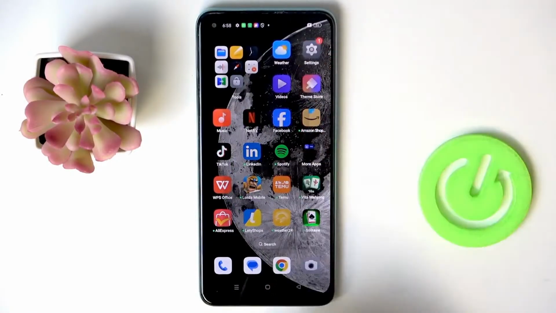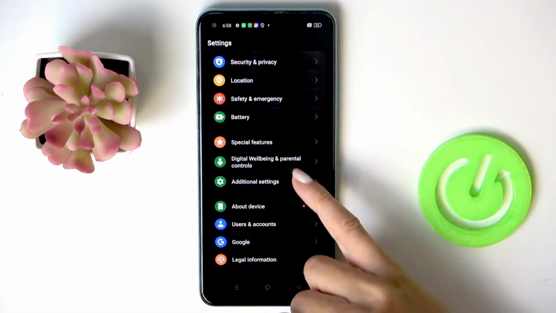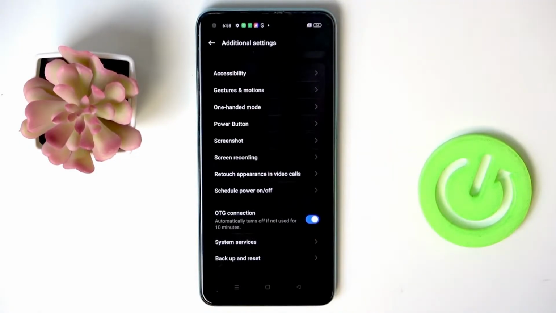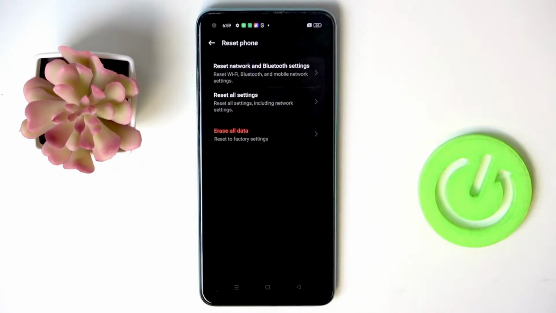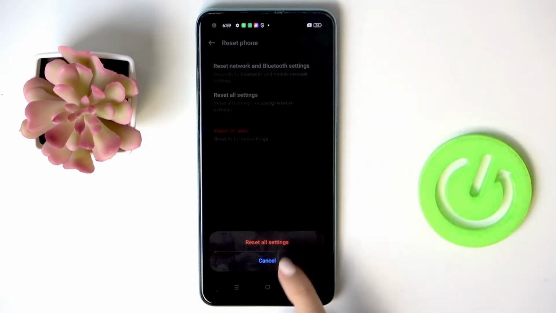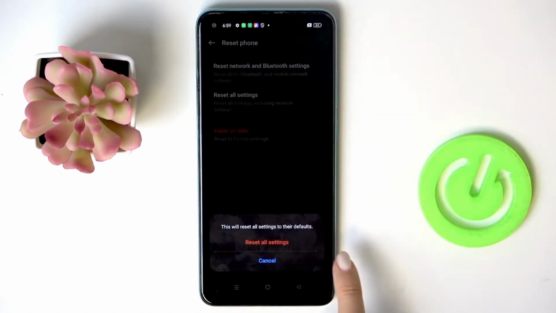So at first, open the settings, then find and select additional settings, scroll down and mark backup and reset. Here go to Reset Phone, and now mark reset all settings. Confirm by tapping on reset all settings. One more time click on reset all settings to confirm that you're aware that you will lose all setup on